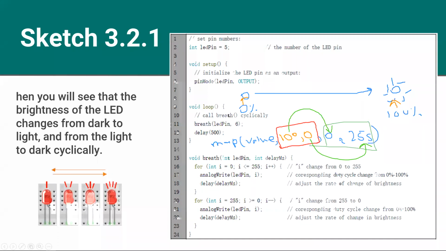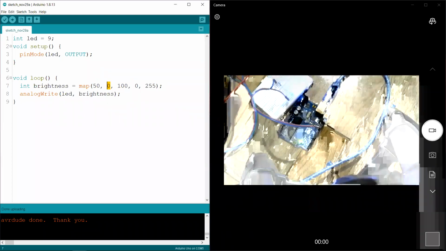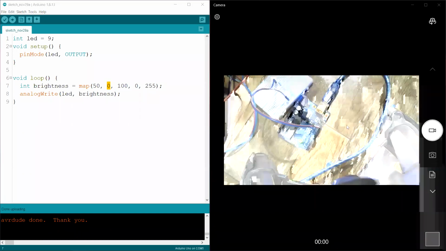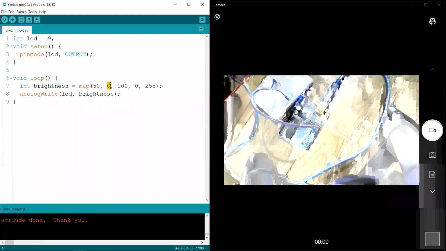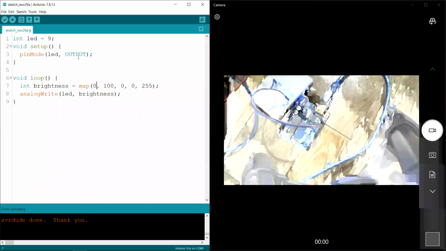So here we are. We want to change this. Yeah, you see this? Yeah, I'm going to other questions after this. This is a really, really good question. Okay. 100 and 0. So when I say 100, it should go to 0. When I say 0, it should go to 255. Let's say 0.